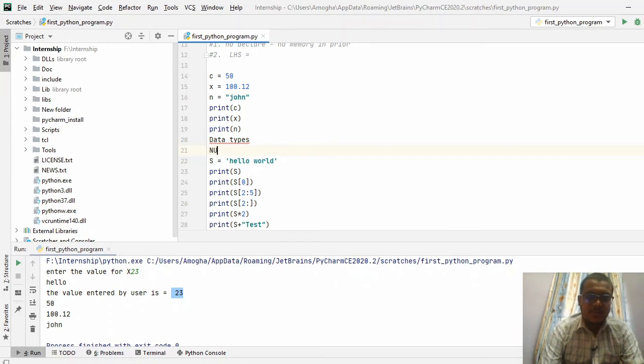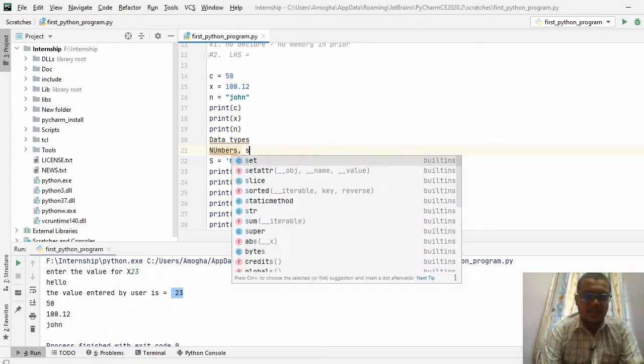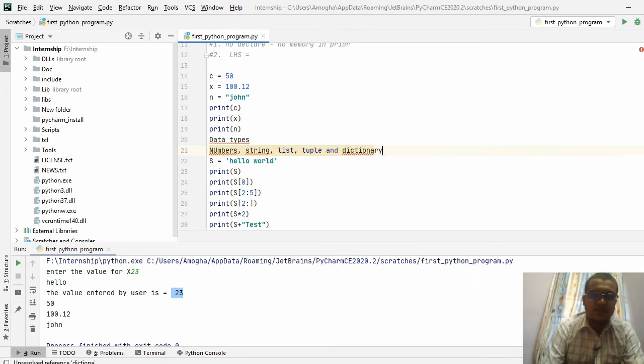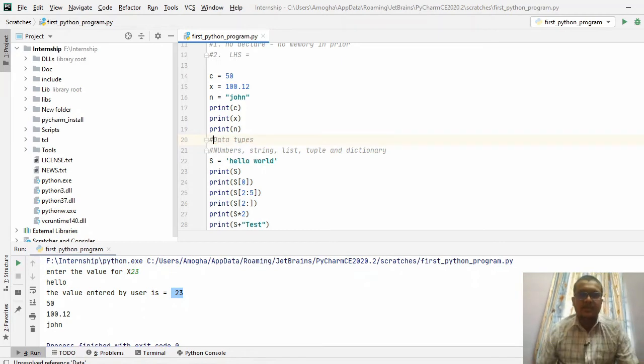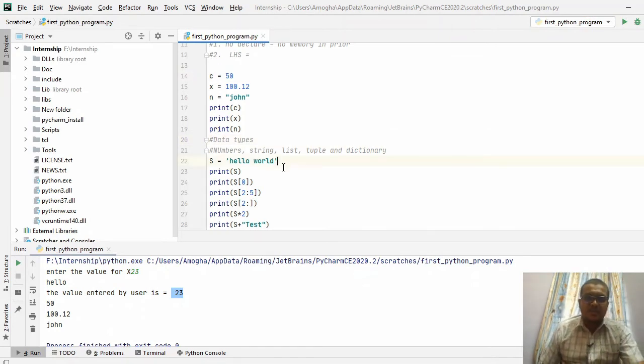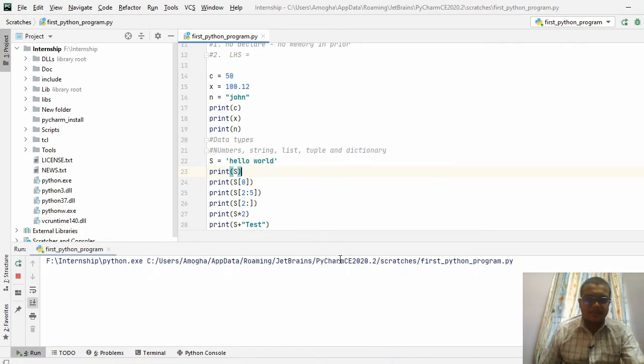So in order to store anything into an memory, you need a data types. So the first one is like numbers. So this is the first data type. Next one is string, and the next one is list. So the next one is tuple, and the last one is dictionary. So these are all the data types which have been available in an Python. So first thing, I have been started with the string. Numbers means you can just assign the values like this. That is one of a data type. So you can just execute this and see.